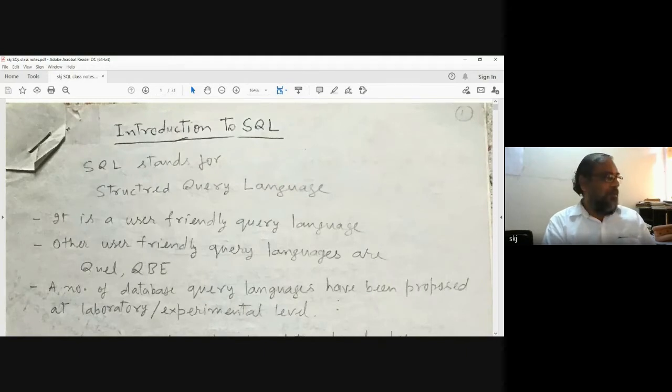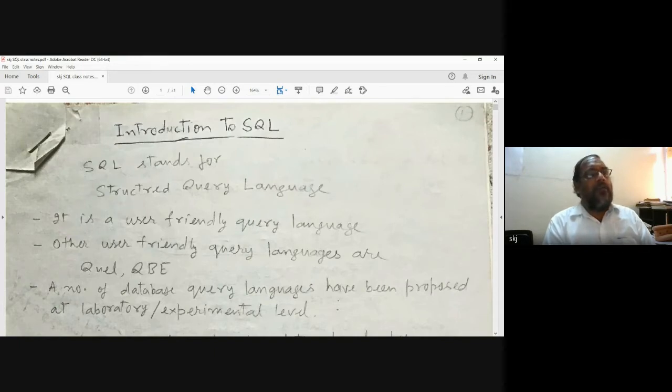And in literature, there are a very large number of languages available. But in practice, the most popular language is SQL. Other languages are either at the experimental level or laboratory level. Later, whether they are commercialized or not, whether they become popular among the masses or not, that can be another issue.